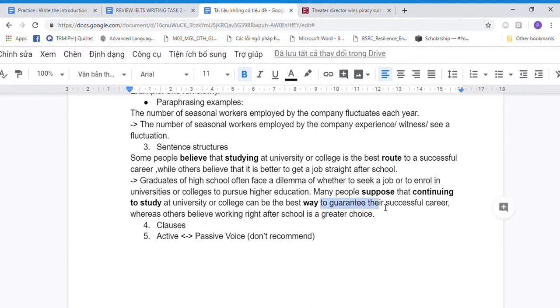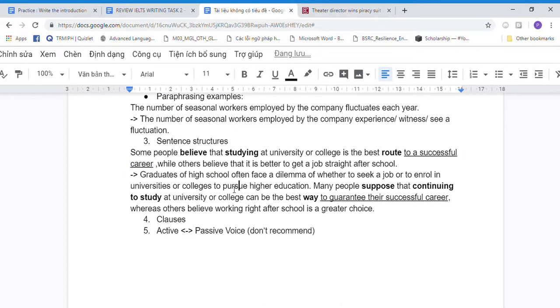It became to guarantee the successful career, like this. This is much more creative. While can become whereas. Others believe